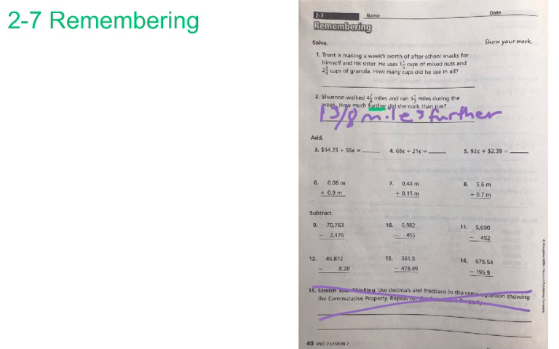All right, let's look at numbers 3 through 5. In numbers 3 through 5, these are written in money, in the form of currency. And so you can see that it's dollars and cents. The biggest thing to remember here is lining up those decimals, remembering where the decimal point goes. So let's just do number 3. Number 3, we have